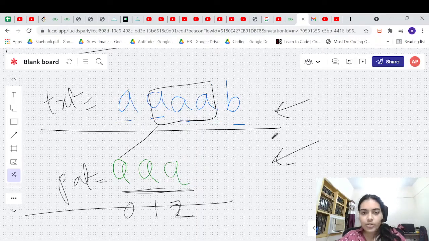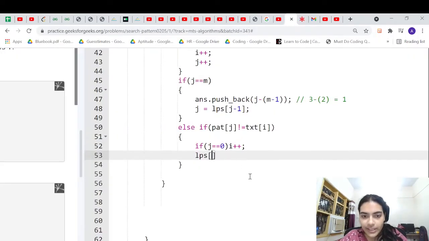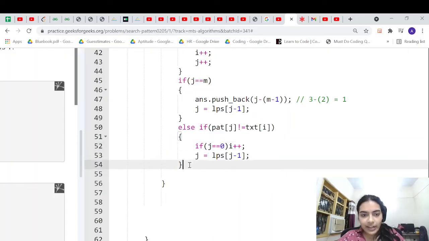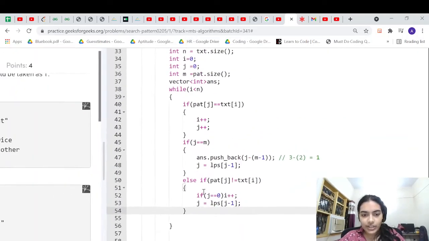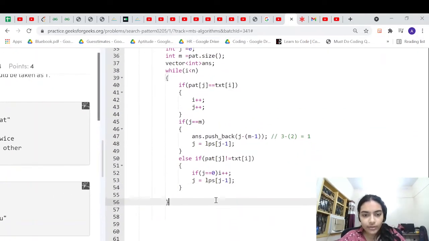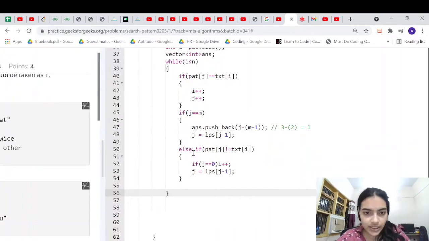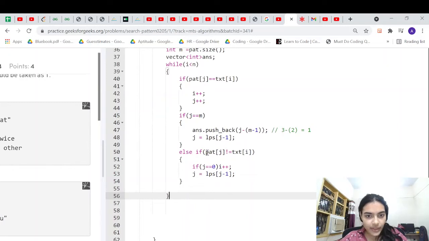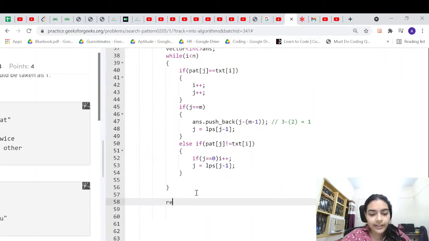So similarly, we will just shift our LPS, so j will just become equal to LPS of j minus 1, so that you can shift your LPS and find out the answer if it is matching. So that is a simple condition. Okay, so I hope that this should work fine, and you can finally return answer.